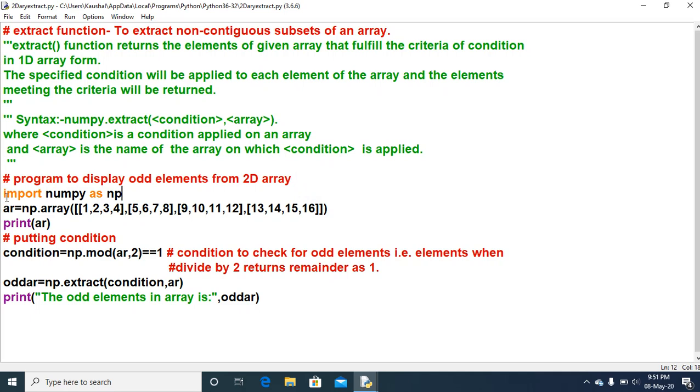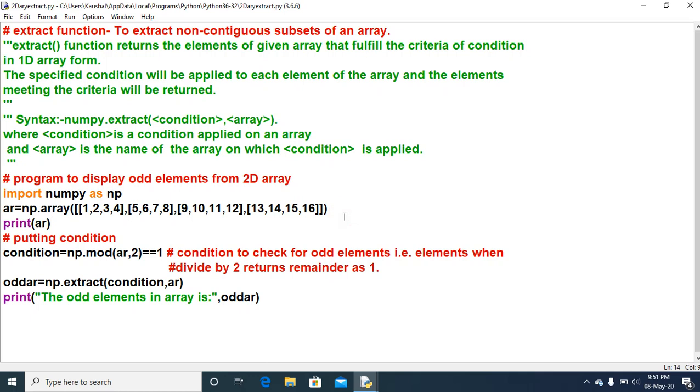So the main program starts from here, the import one, import numpy as np. For this, first of all, we need the 2D array. So one 2D array is created with the name AR. Through the array function, we have created these very elements. So now you understand well what the rows and what the columns are.